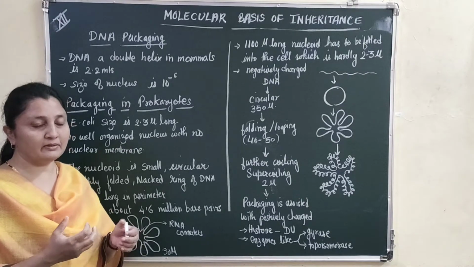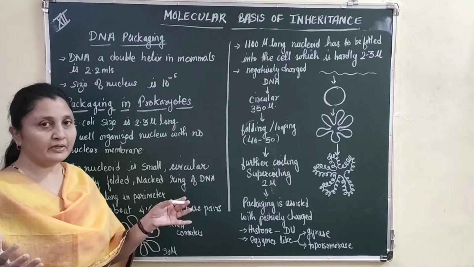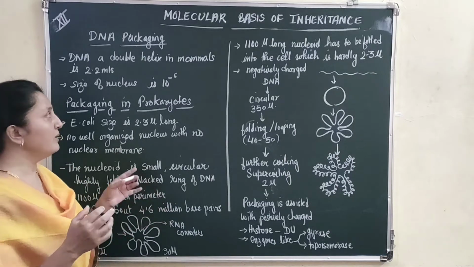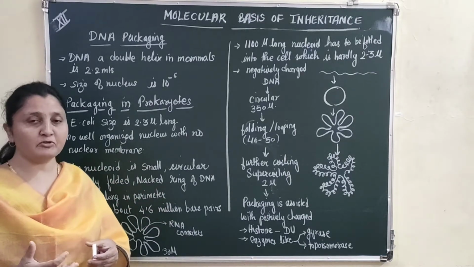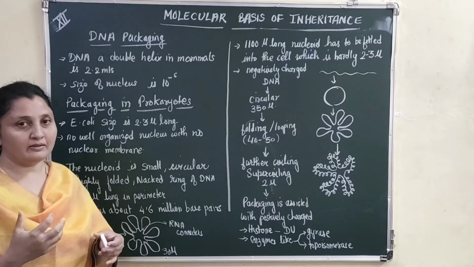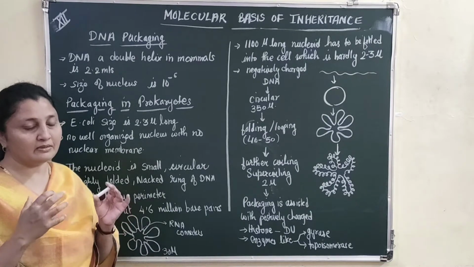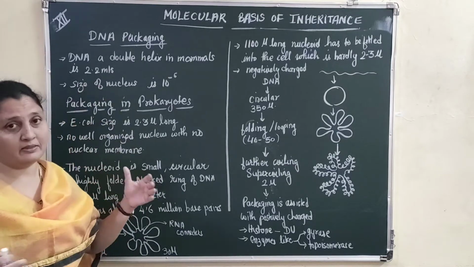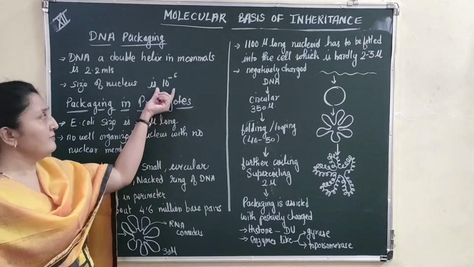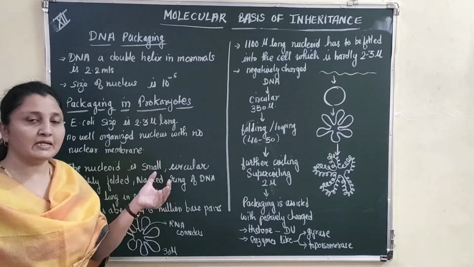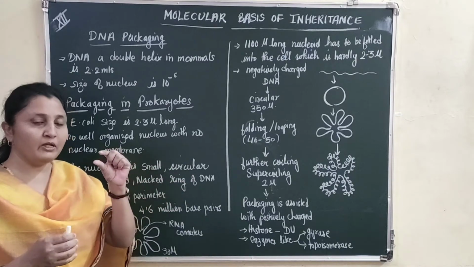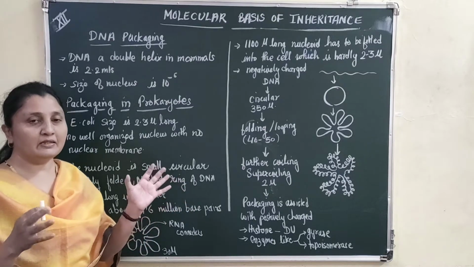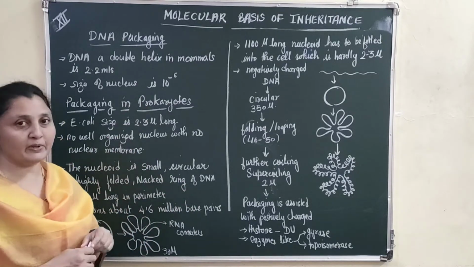So DNA is a very big molecule, right? The size is very big, some 2.2 meters long. DNA has to be put into a nucleus which is 10 raised to power minus 6 meters small, correct? So you know that the 2.2 meters is a big molecule, whereas the size of the nucleus is just 10 raised to power minus 6, correct? So a small nucleus is there, whereas the DNA is big, and so the DNA has to be packed in order to fit into that small space, correct?